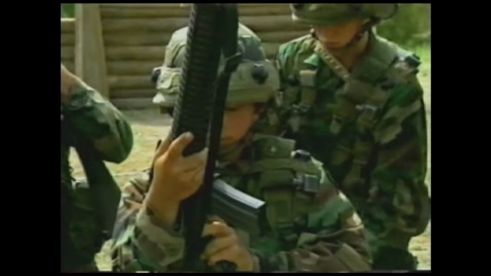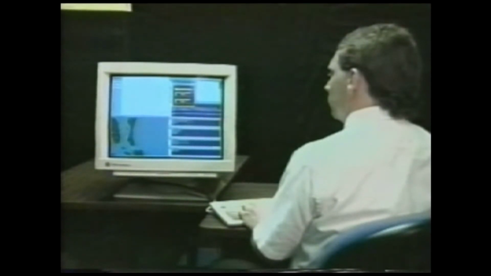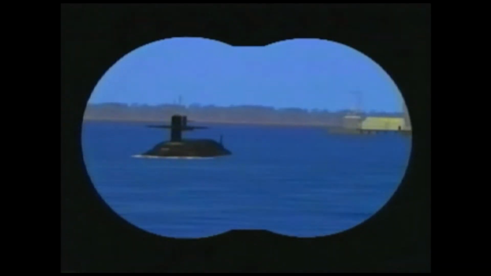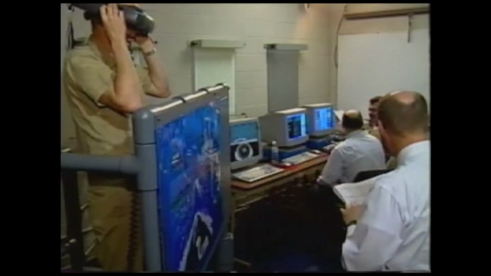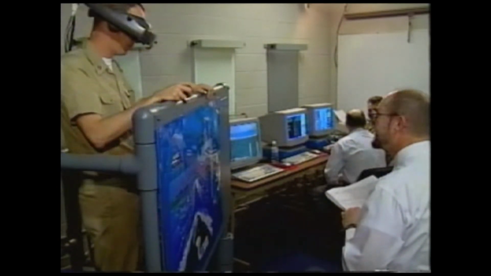Marshall realized that he could attach the receiver to other people, creating what became known as Miles gear, the world's first laser tag. In the early 90s, the Navy began developing a headset-based simulator they called VSUB. We were trying to develop a virtual world that would make the trainee feel that he was really on a real submarine. With VSUB, even the other members of the crew are simulated.